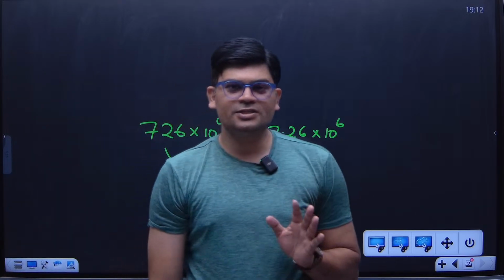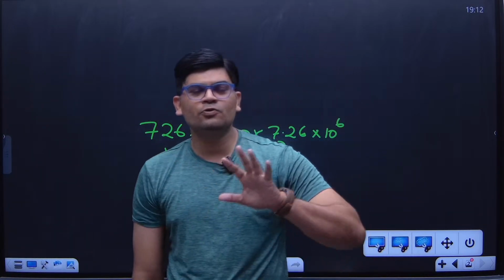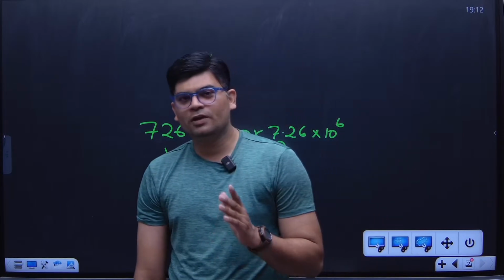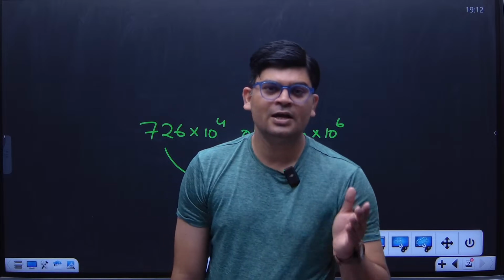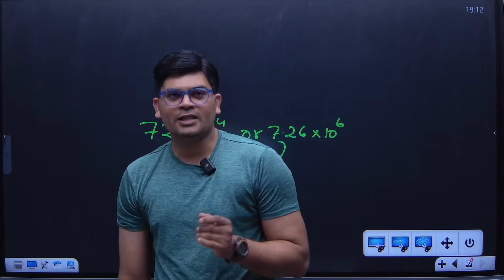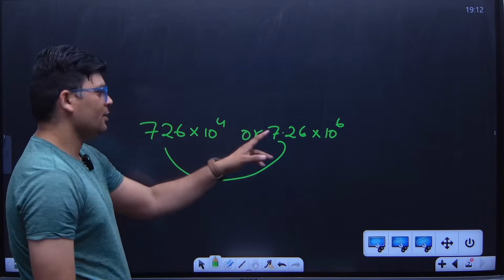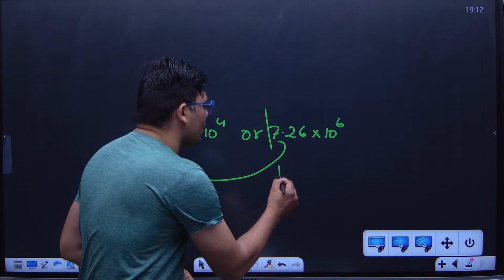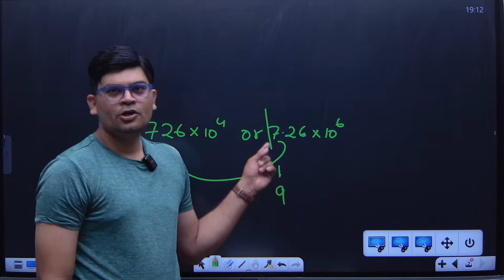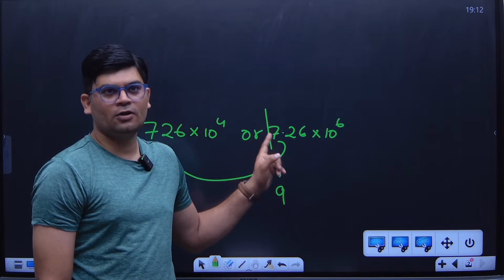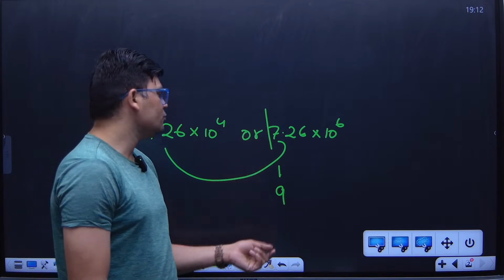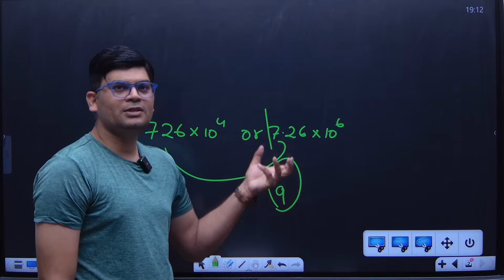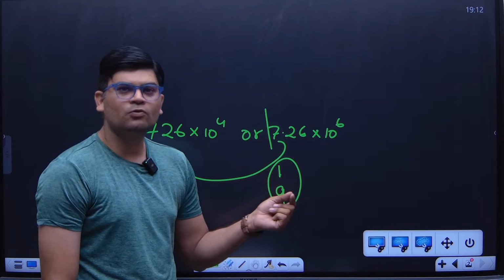And the standard notation says that before the decimal, you cannot use 2 digits. You cannot write the tens place, only the ones place is allowed, and after that you have to write the decimal part. The minimum digit that can be written is 1 and the maximum digit is 9. You can't use 0 here. 0 is not allowed. You have to use the numbers between 1 and 9, and after that you have to put a decimal, and you have to make the number in such a manner that it is equivalent to the given number.